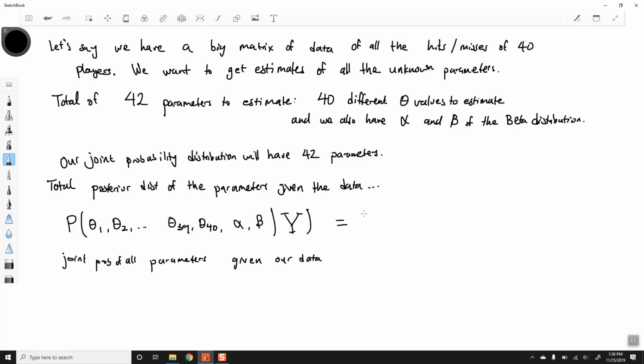And using Bayes' rule, this would be the likelihood, the probability of Y given theta 1, theta 2, theta 39, theta 40, alpha and beta, times the prior distribution of theta 1 up through theta 40, alpha and beta, divided by